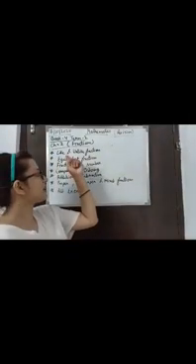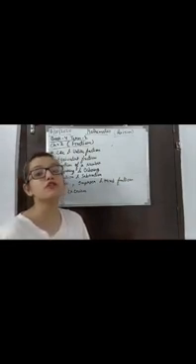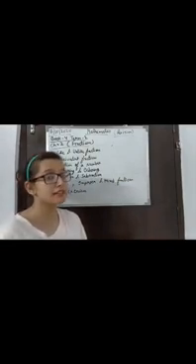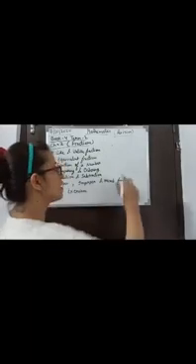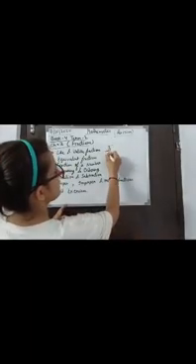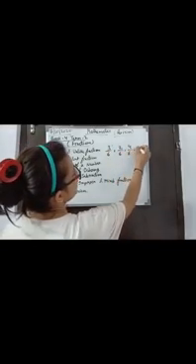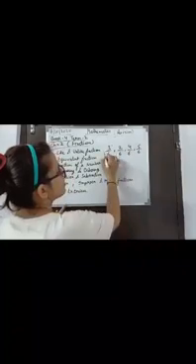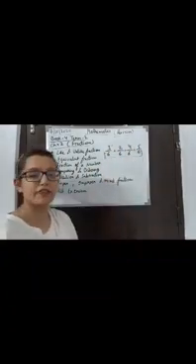Now, like fractions and unlike fractions. What is the meaning of like fractions? Fractions having the same denominators are called like fractions. For example, 3 by 6, 2 by 6, 4 by 6, 5 by 6. As you can see here, the denominators are all 6, all the same. So these fractions are called like fractions.